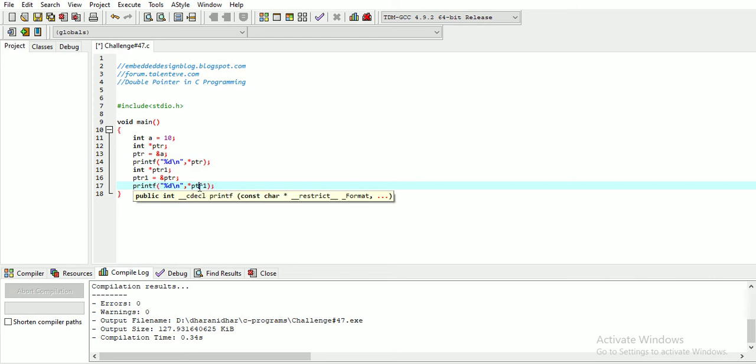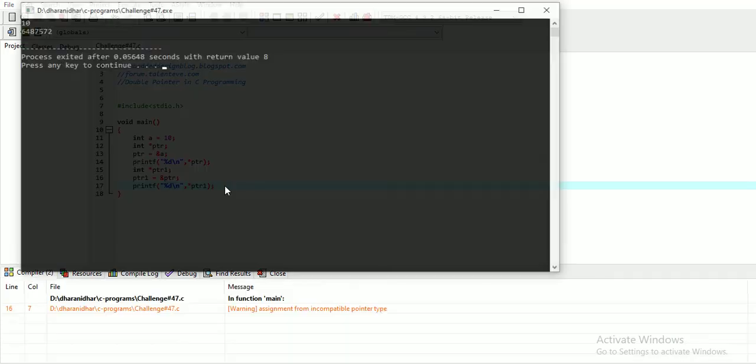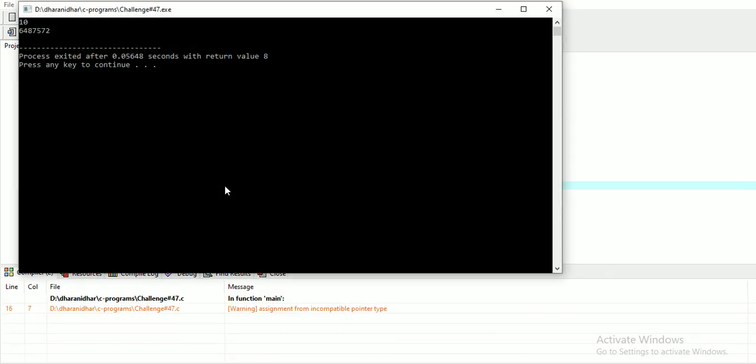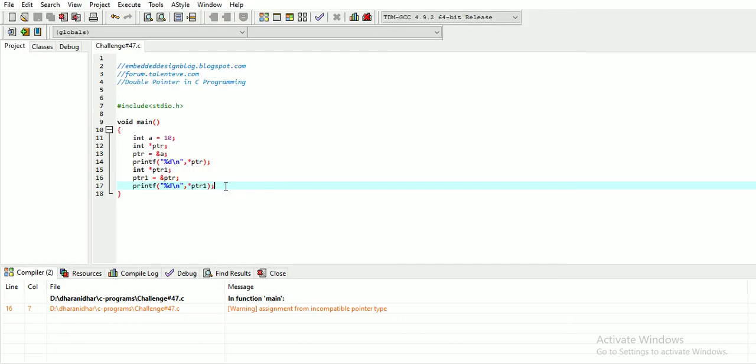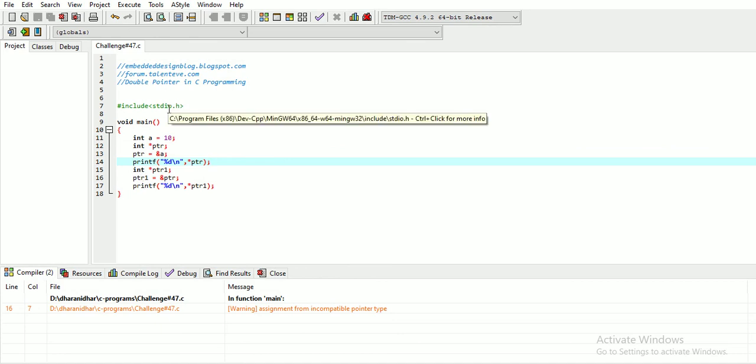Similarly, we are printing ptr1. Now what should happen is this should print the value that is held in this pointer. But if we print, what happens is it prints an address actually. As per the definition, a double pointer is nothing but a pointer which points to the address of another pointer.